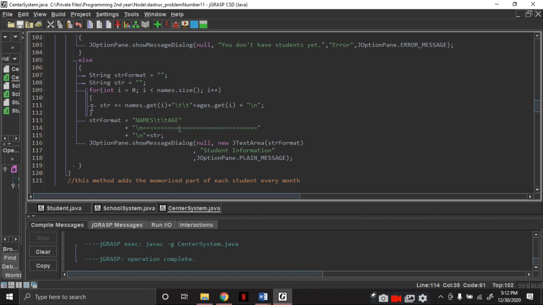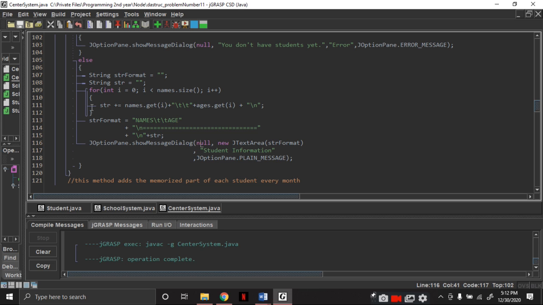Then this str format was given a value of names, and then I inputted it.